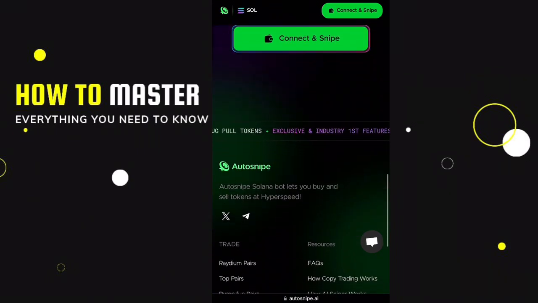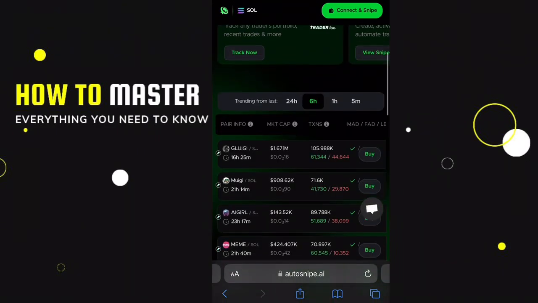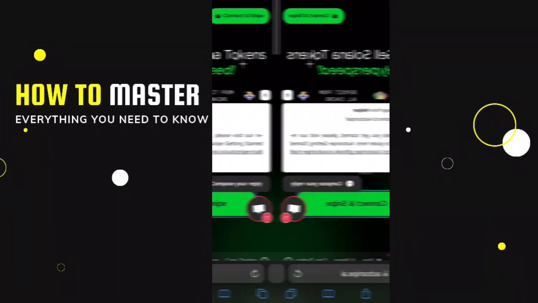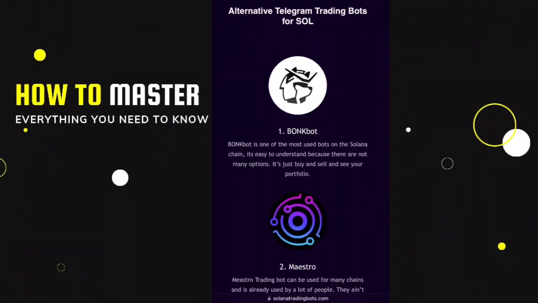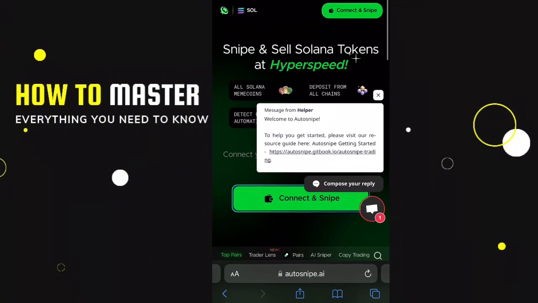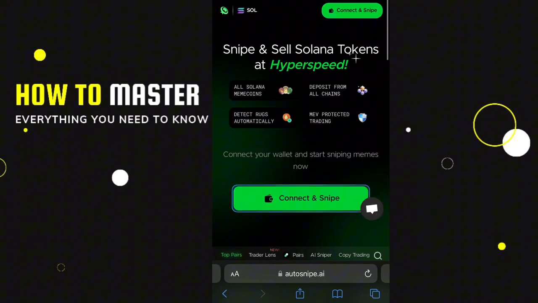So when it comes to choosing between the two bots, it really depends on your trading style and preferences. So Bonk Bot is perfect for those who want a simple, fast, and secure way to trade crypto. And Autosnipe AI is ideal for traders who want advanced AI features, scam protection, and the ability to copy top